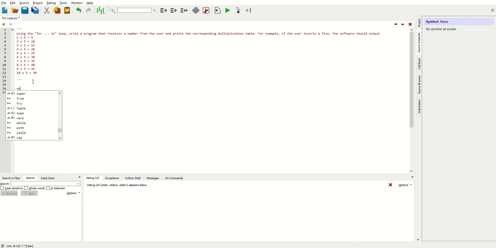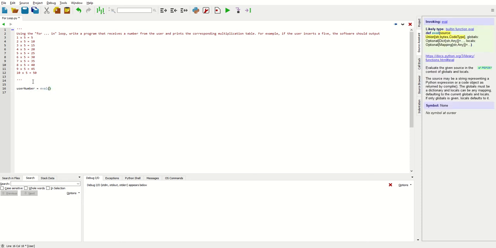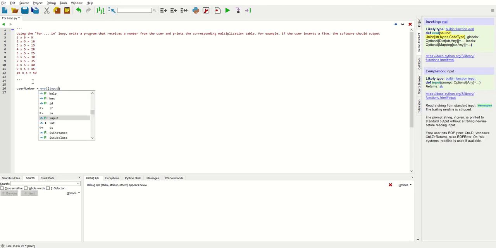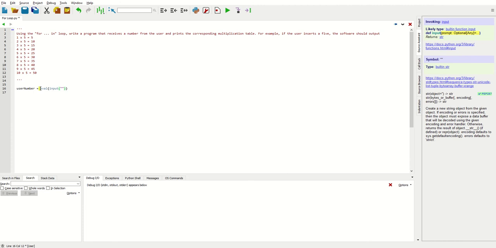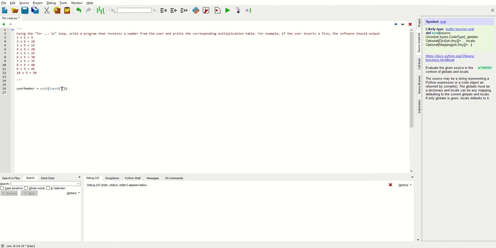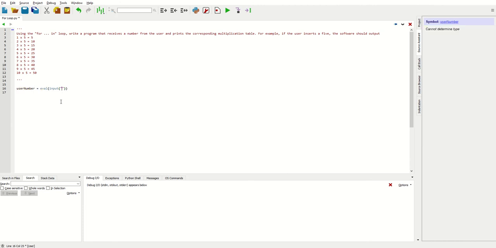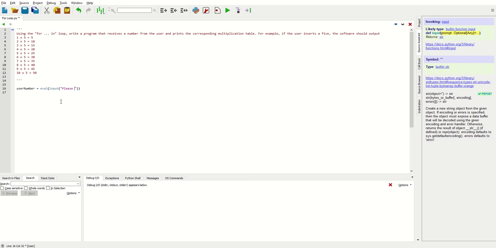I'm going to call it user number. I'll ask for an input. I want to eval the value of that input. So if we just ask for an input, it's going to be perceived by Python as a string, and we want the value of that input. So we'll use evaluate so that Python stores the number and not the string. I'm going to give a message to the user. Please insert a number,